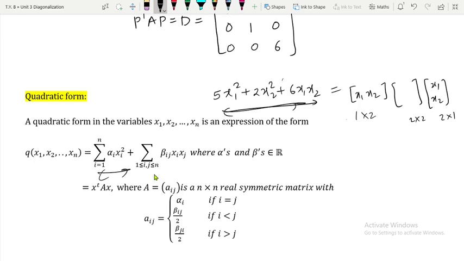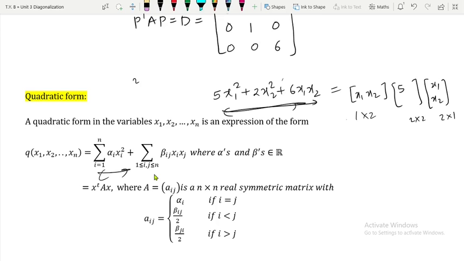It is simple. Simply see the terms of x1 square and x2 square first of all. That is going to give us the diagonal entries. So the coefficient of x1 square is 5, so write down 5 over here. Don't write 5 at the a2 position, because that is wrong. How can you remember it? Since x1 square can be written as x1 multiplied by x1, it is going to give us the coefficient of a11. It is going to give us the a11 entry of the matrix. So it will give us 5.